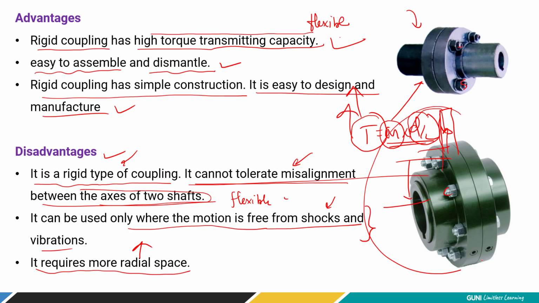आपको ज़्यादा जगह चाहिए, right? This is again a disadvantage. So if you are designing your flange coupling for higher torque transmission capacity, you need to rethink about the space available at the assembly point, right? If it is limited, you have to look for an alternative to the flange coupling, if the space is not allowing the changes in design.